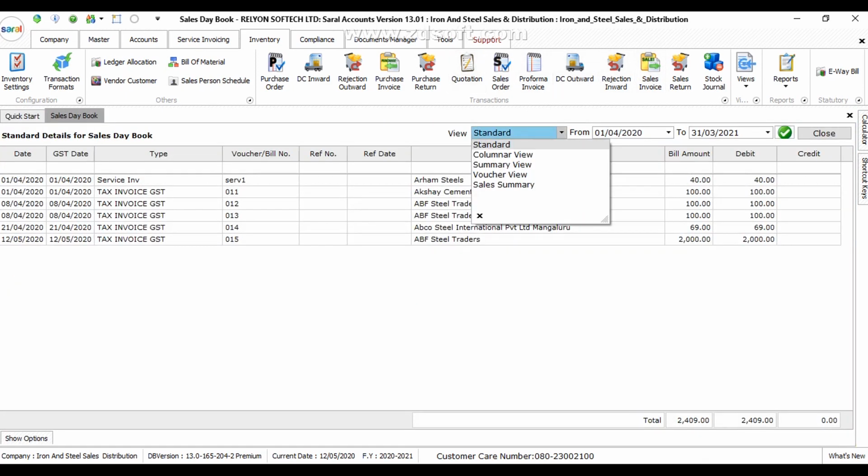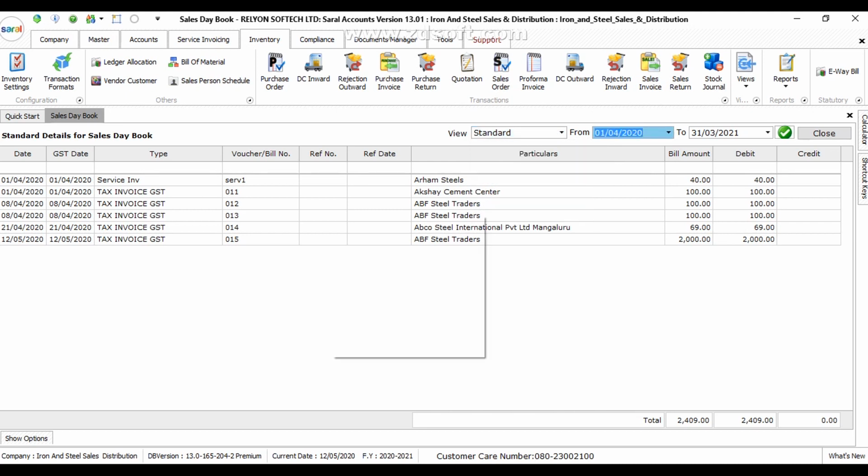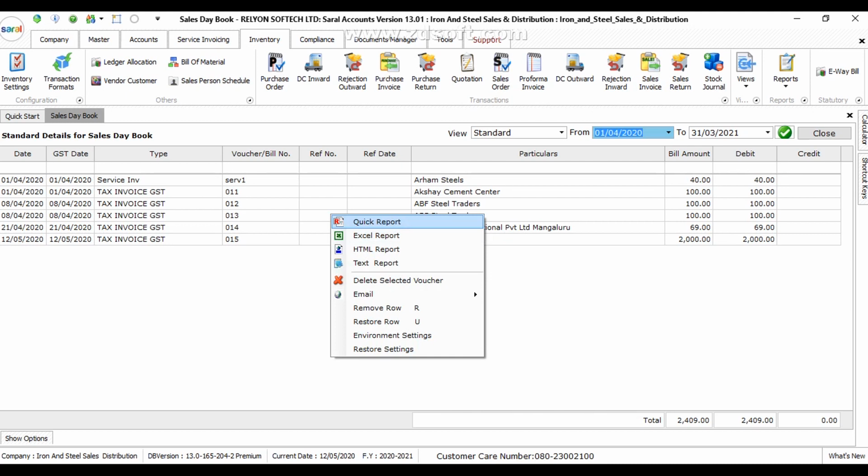So here I am seeing this sales register yearly, and these are the filters. I can see sales summary, voucher view, summary view, columnar view, and standard view. And I can also extract it to the quick report and Excel also. I can also send the mail in HTML format, or Excel attached, or a PDF also.